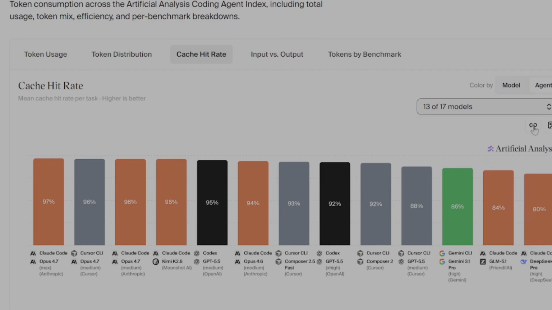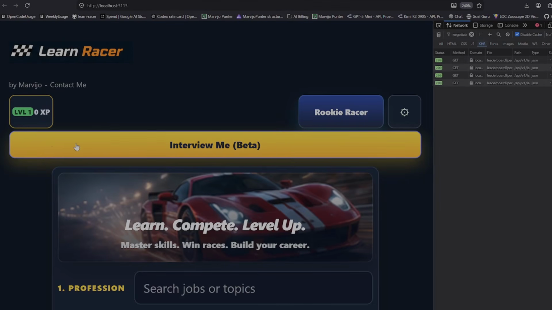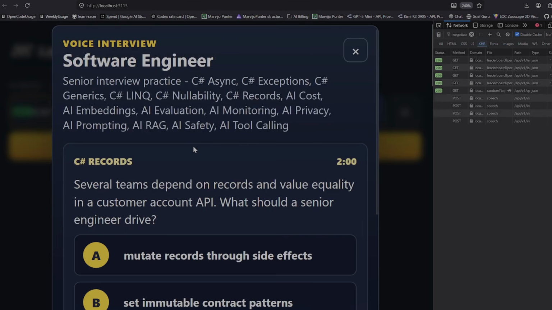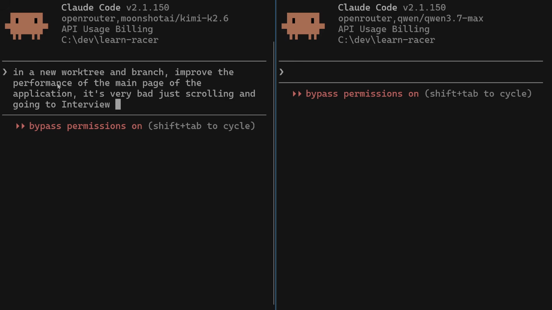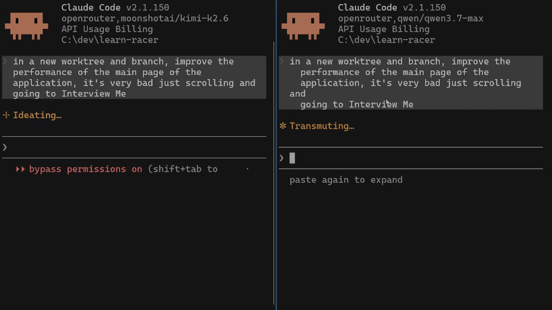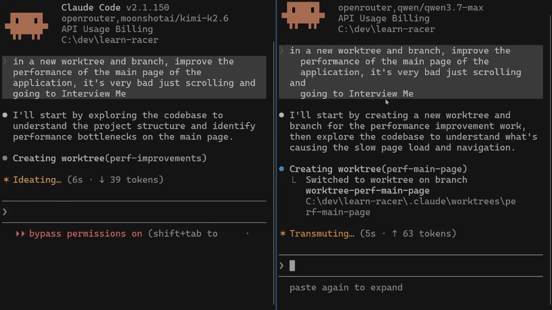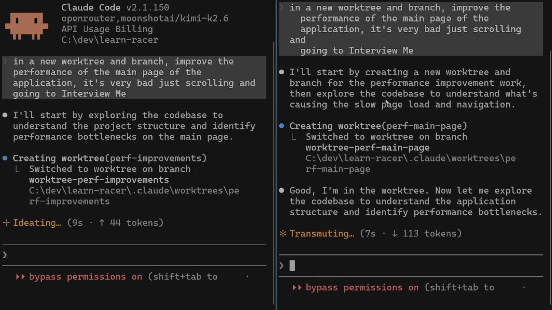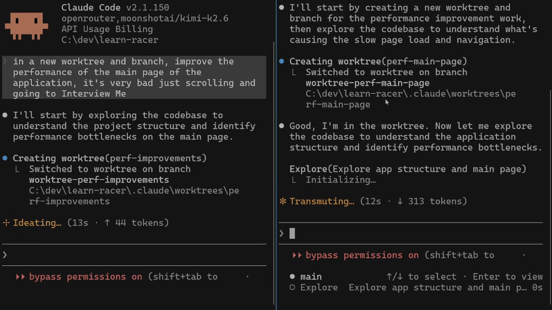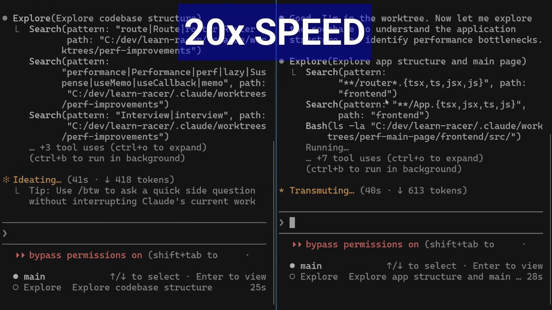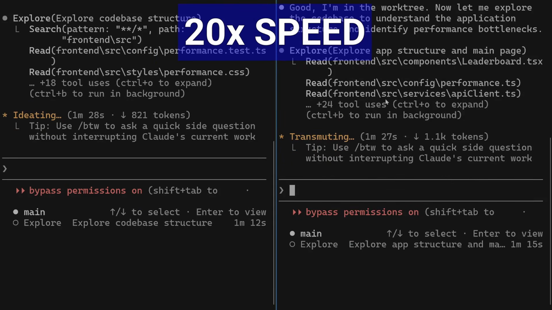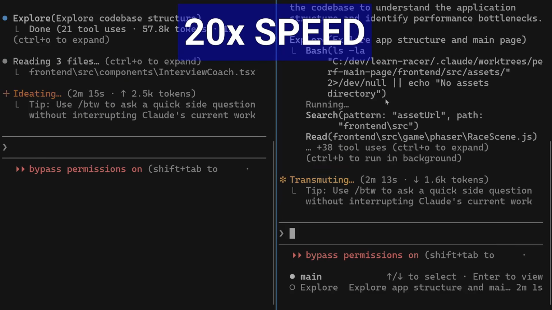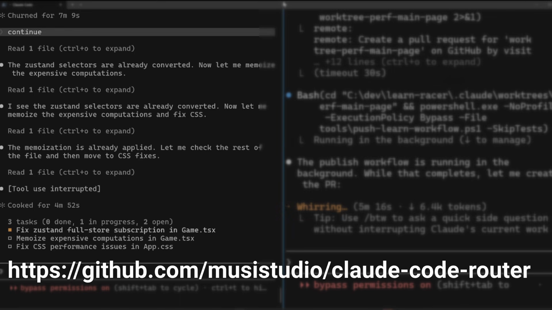The next task was on my LearnRacer website at learnracer.com. The homepage scrolling was slow, so I set up Kimi 2.6 and Qwen 3.7 Max in Claude Code and asked both of them to improve the homepage performance. Qwen 3.7 appeared faster than Kimi 2.6, but that was mostly because of provider speed. Kimi 2.6 seemed to hit a bug where it got stuck. I still had tokens available, and Qwen 3.7 kept progressing, but Kimi would not continue even after I asked it